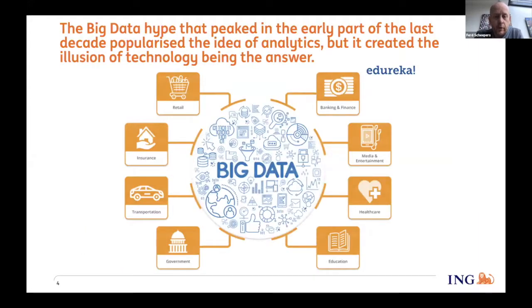Maybe one more. So almost 10 years ago, I think most of you will remember, we were in the hype of big data. At that point in time, anything that I wanted to do, if I mentioned the word big data, I would get all the options to travel and meet vendors and talk about it, because big data apparently was extremely important. But when I talked about governance, people were totally not interested, because the illusion that was created at that point in time